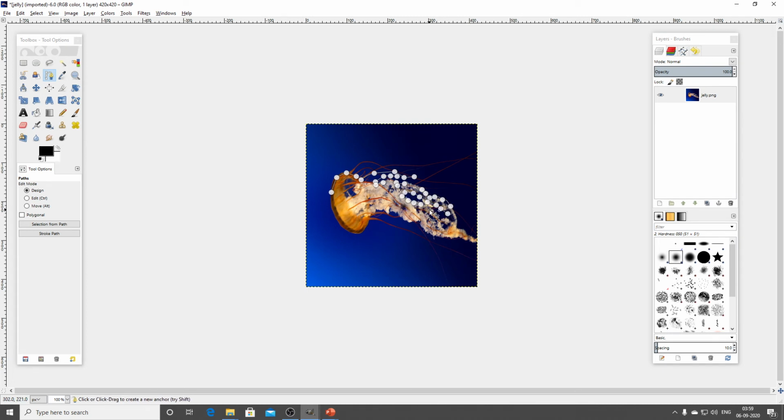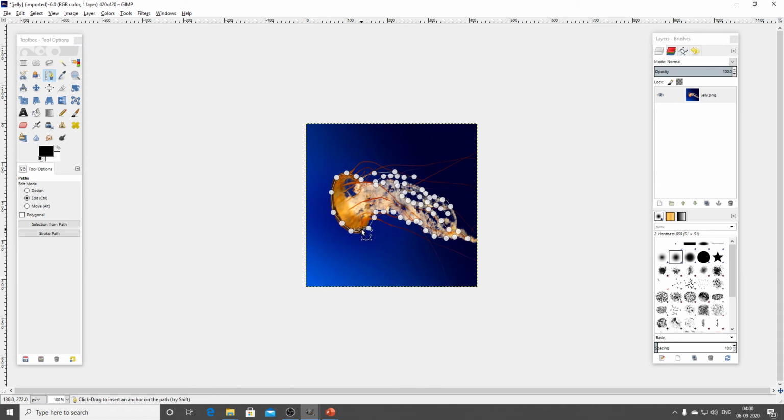If you want to edit a picture, select its outline shape and trace the outline. When you trace it, the design option is enabled in the tool options. At the last step, close the picture, move to the tool options, click the edit option, and then click the final step. Now the jellyfish outline can be traced.